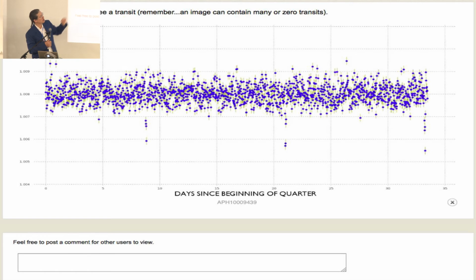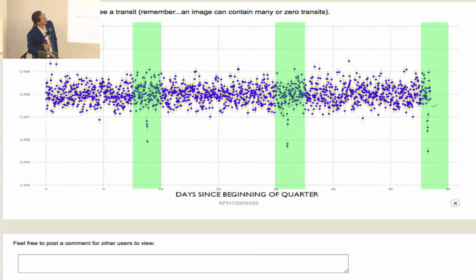It has a set of images, some of which have various obvious transits. People can see the transits, and it asks the Mechanical Turkers to click where they see the transits. So in this case, they would click on those three areas there, showing where the transits occurred. Because these are images for which we know what the correct answer is, we can actually give people a score. So basically, it's divided between clicking on the places where there is a transit, not clicking on the places where there isn't. So in this case, I would have gotten a perfect score for this image.